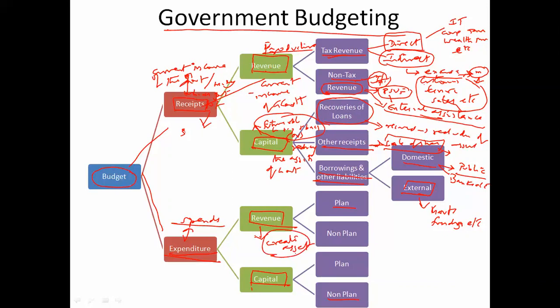It is for routine functions like payment of salaries, maintenance of property, etc. Capital expenditure leads to creation of assets. When this expenditure is distributed among plan activities and non-plan, then they are called plan revenue expenditure, non-plan revenue expenditure, plan capital expenditure, non